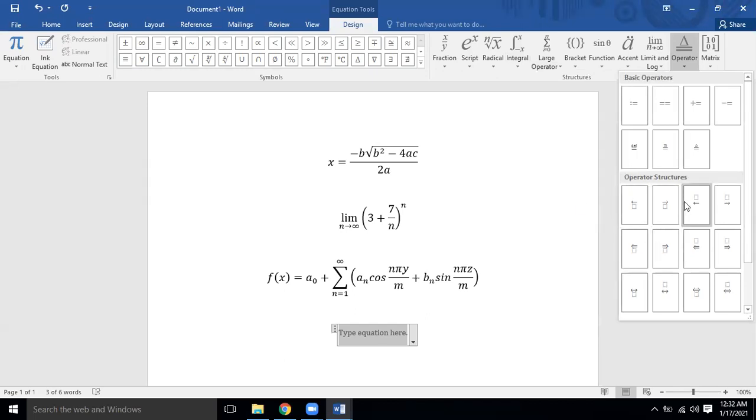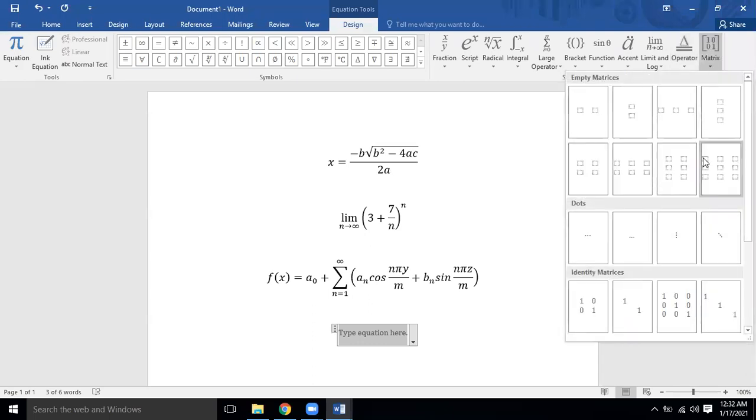All these options are also available, because sometimes in chemistry we have equations where you show reversible reactions. So over here, this symbol with a bi-directional arrow is used, and you can insert this one as well. If you need to type matrices, I think these are there in 10th class maths. You can type a 2 by 2 matrix, 1 by 2, 2 by 1, 3 by 3 matrix, by taking these examples. So all these are things that you need to explore in the equations.